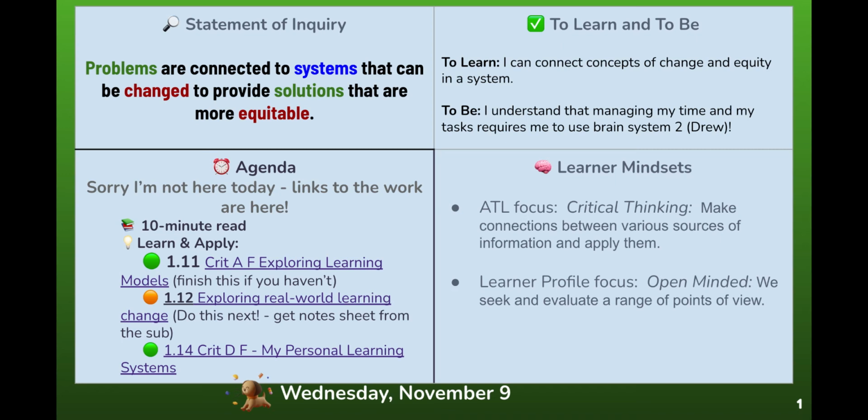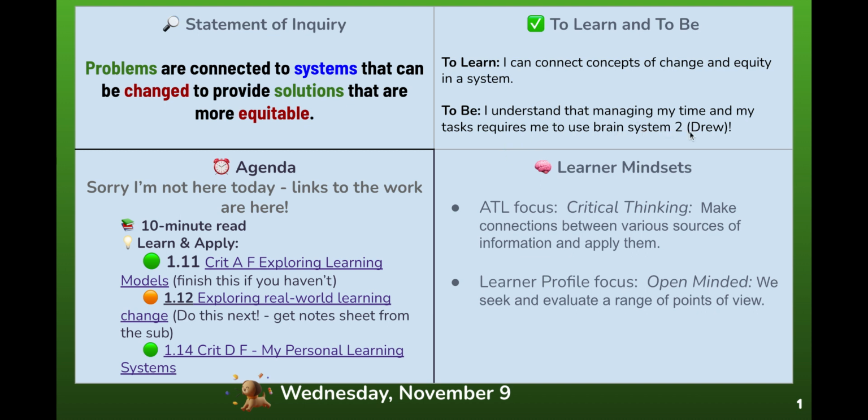All right. Today we're working with our same statement of inquiry about systems. When we see a problem, we can connect it to a system and then we can change it to make it more equitable. We're working with our same learning goal of connecting concepts of change and equity to a system. And today, our being goal is managing our time and our tasks requires us to use